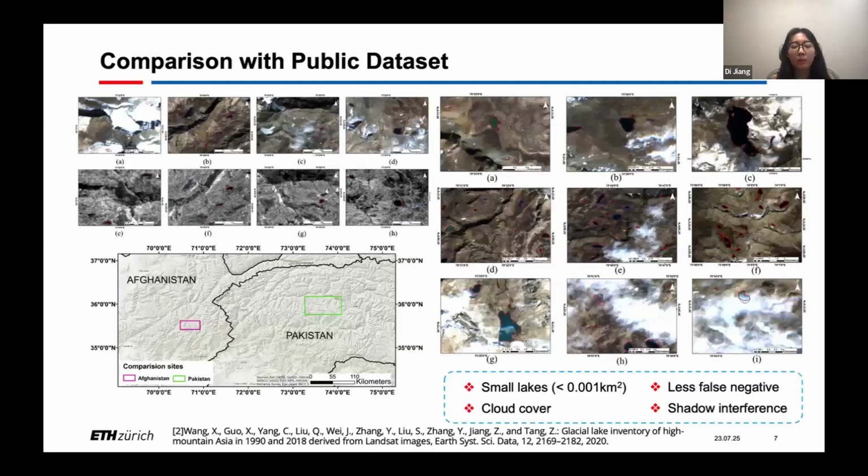And here, because our method works well on the multi-fusion dataset, to better evaluate, we compare it with the public dataset. The public dataset we use here is from Landsat.